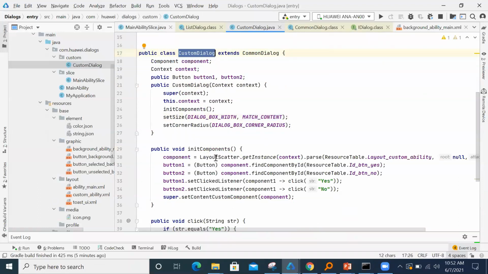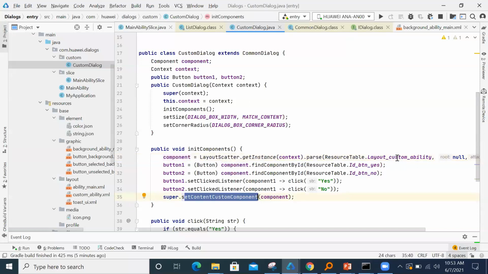For that layout I'm using layout scatter. When I call this parse, whatever is mentioned inside this, it will create a component object corresponding to the layout I mentioned here. This component object you can set as the content custom component for this particular dialog.